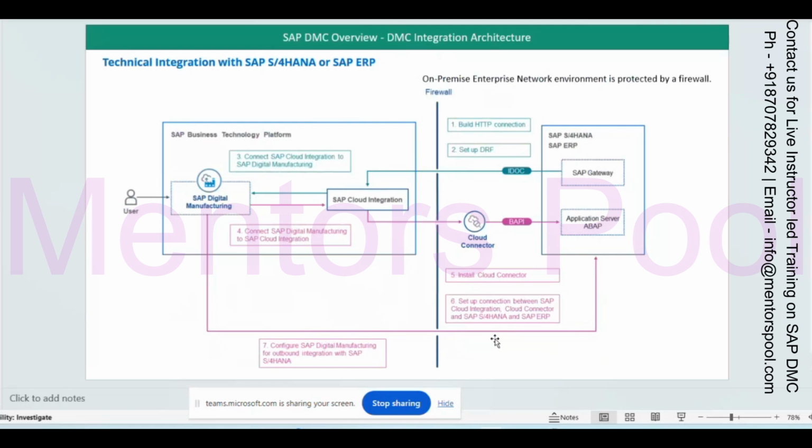Very interesting. Is there any question or any doubt until now? No, it's clear. I just wanted to give you a brief introduction to how the integration framework works for digital manufacturing on HANA. I think it will be better if you go into the system and try something. Okay, I understand.